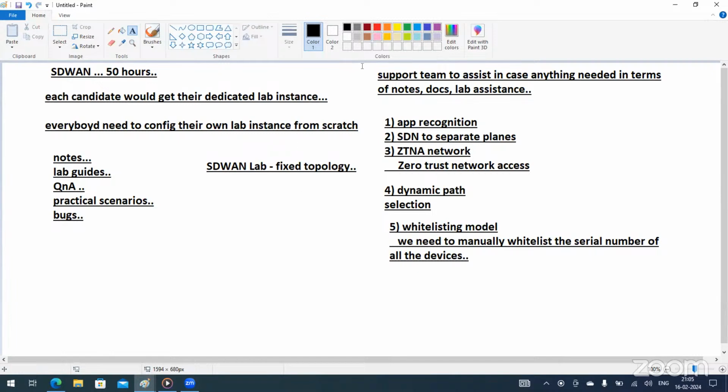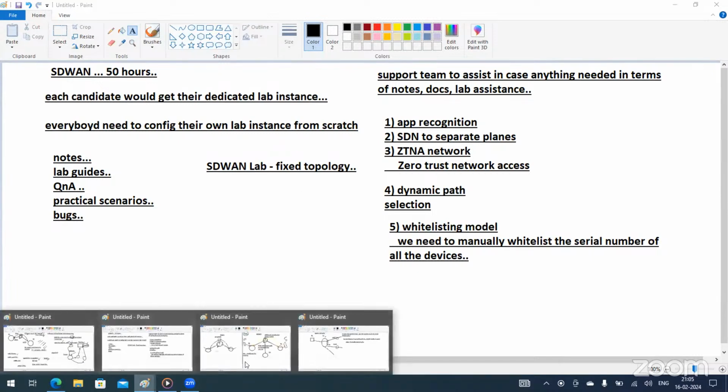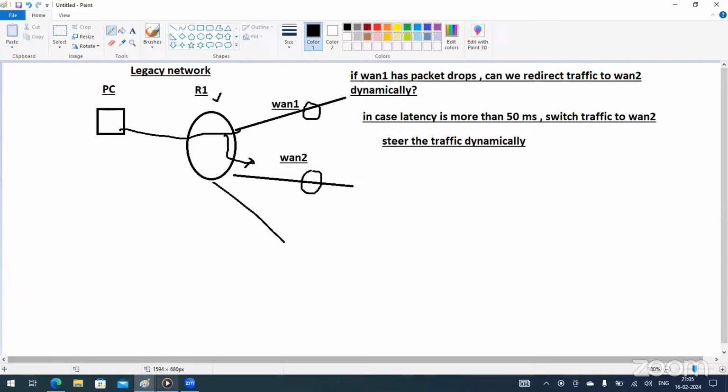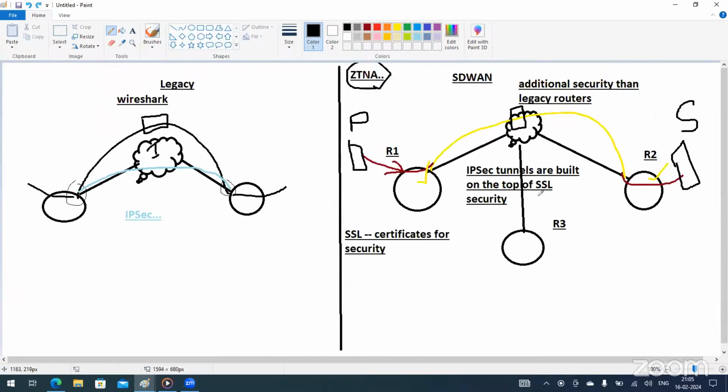Oh, can you please repeat again? Sure. So if we look at this diagram on the right hand side, there are three routers, R1, R2, and R3. R1 and R2, I assume their certificates are established, their serial numbers are whitelisted. But I'm saying the serial number of R3 is not whitelisted, right? There is a device